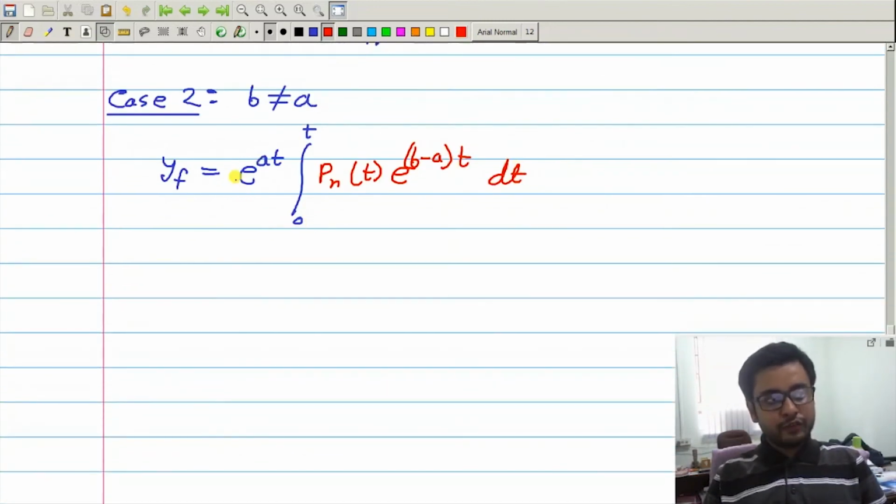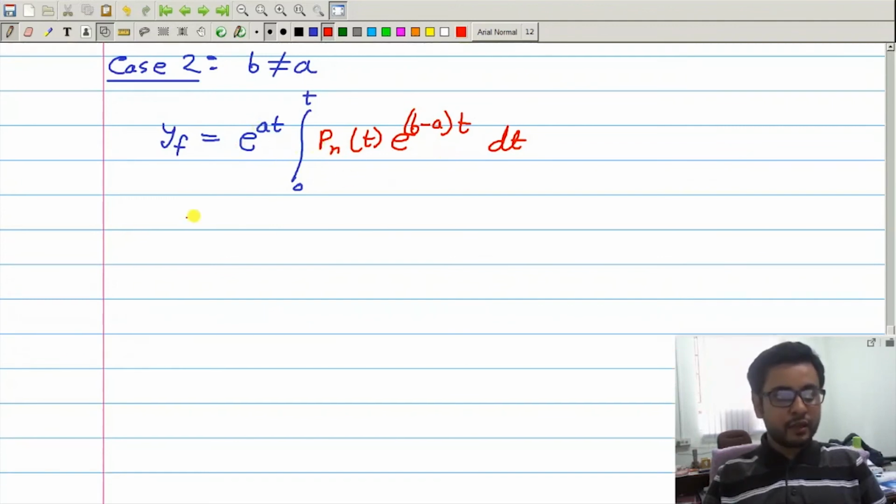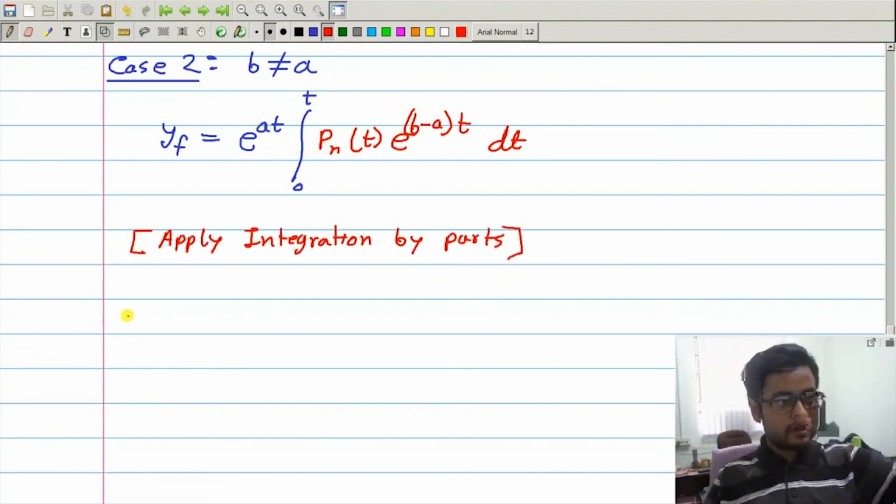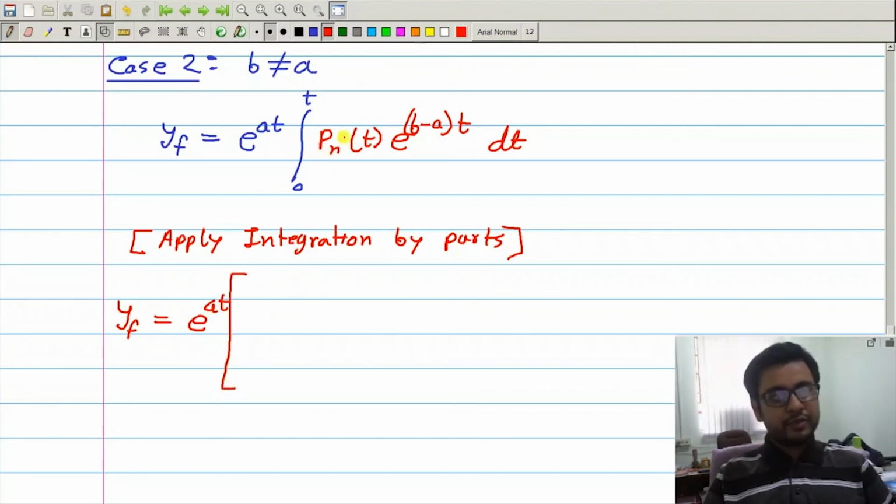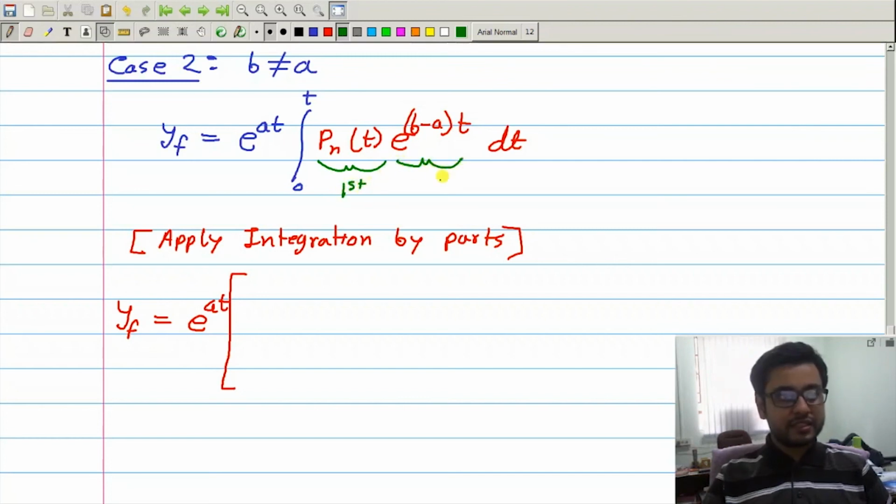Now I shall evaluate this integration by parts. So y_f will become e to the power at. Then let me consider this as the first term and this as the second term. So integration by parts gives the first term